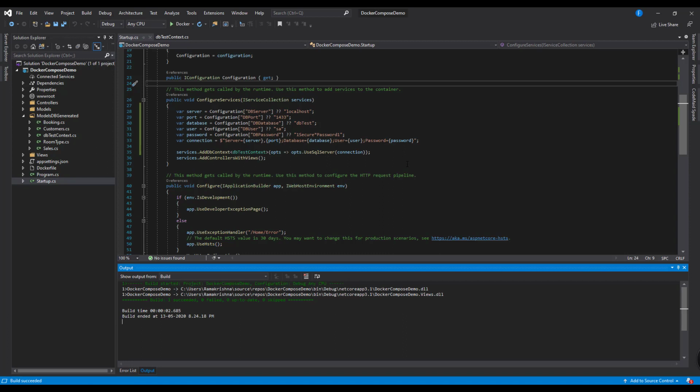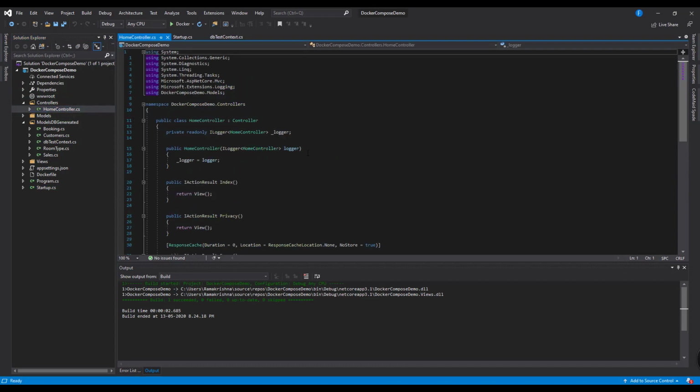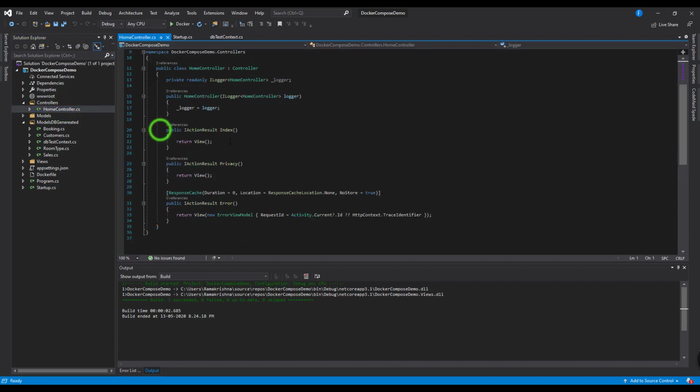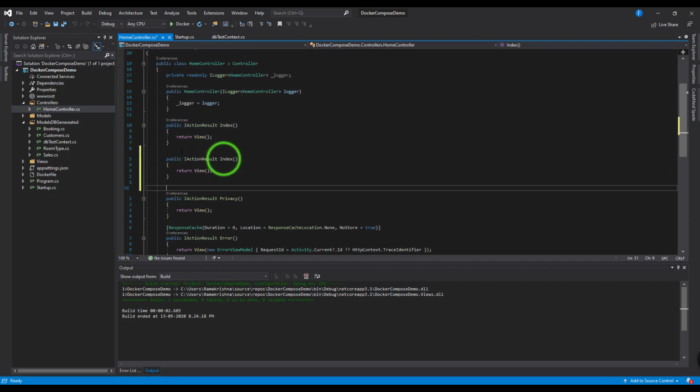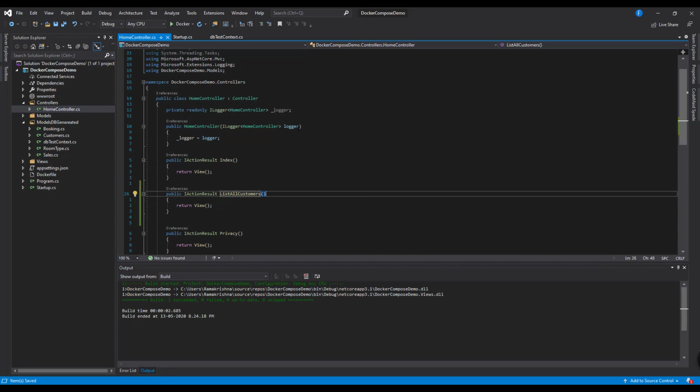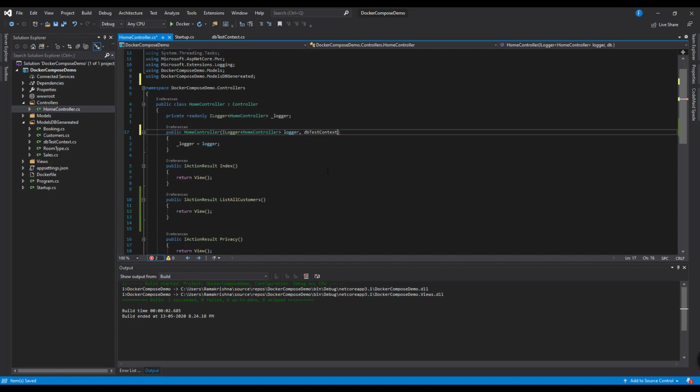So let me create a view for this. Switch to controller, go to Home controller. Let us have a view created. Give a valid view name. Now we need to initiate the db context in the constructor of this controller. So DbTestContext, use Ctrl+period to initialize the field.